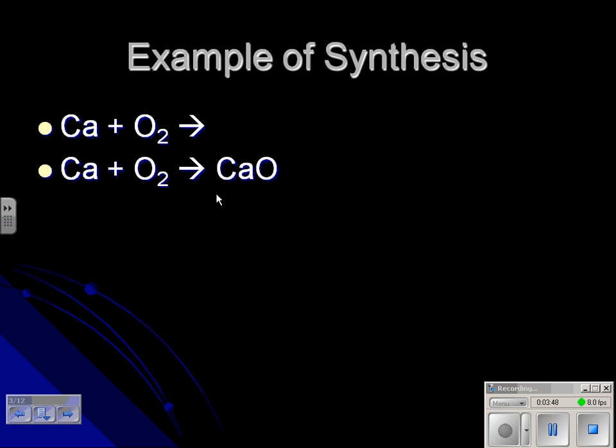Notice it's not balanced though, so one more quick step to balance it. We'll put 2's in front of the Ca and then a 2 in front of the product, and that would balance that equation out. Now, you may have needed to do that trial and error. You may have needed to do that math way. I'm not going to really focus on the balancing part in these examples, but I will show you